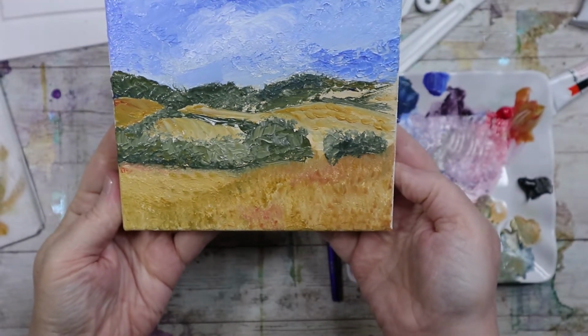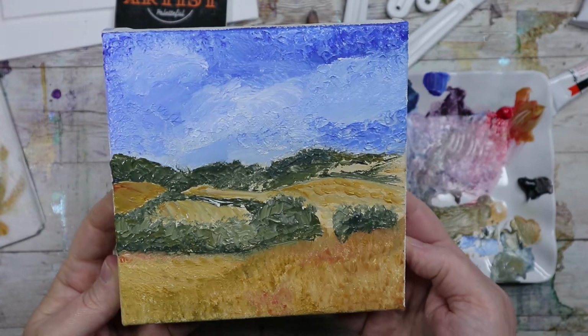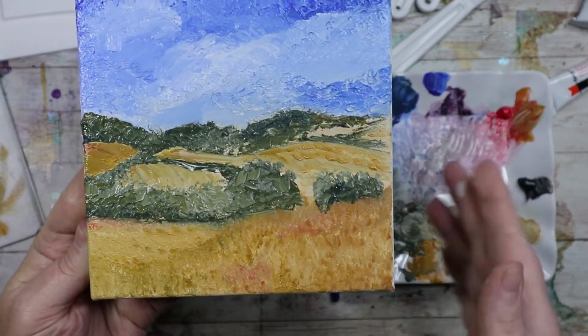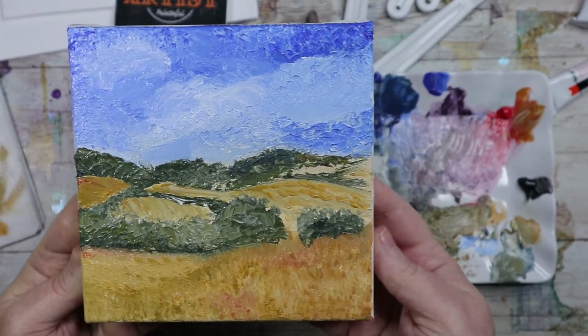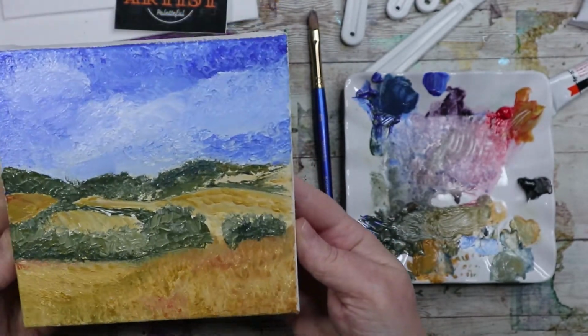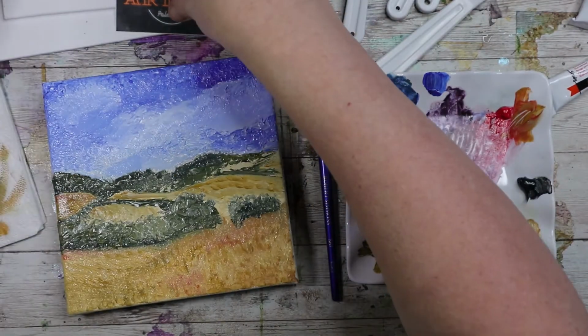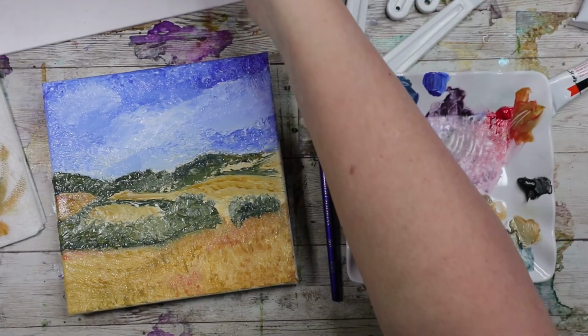you get farther away, right? It looks like a landscape with cool textured sky. And maybe a little wheat field situation going on down here. I dig it. I think it's kind of neat. For my first ever attempt at oil colors, right? I don't think I got oil colors in any of my past